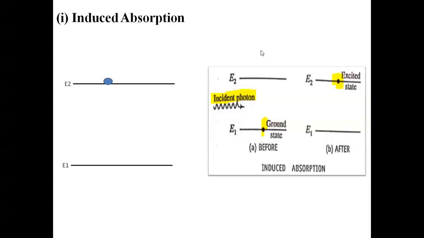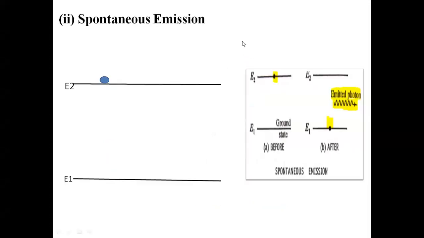And also I have explained the concept of spontaneous emission. In the spontaneous emission, the atoms which are already present in the excited state come to the ground state by emitting a photon. This takes place on its own. Therefore, it is known as spontaneous. And here there is no amplification of radiation. That means whatever energy goes in, that will come out. Therefore, there is no amplification observed.